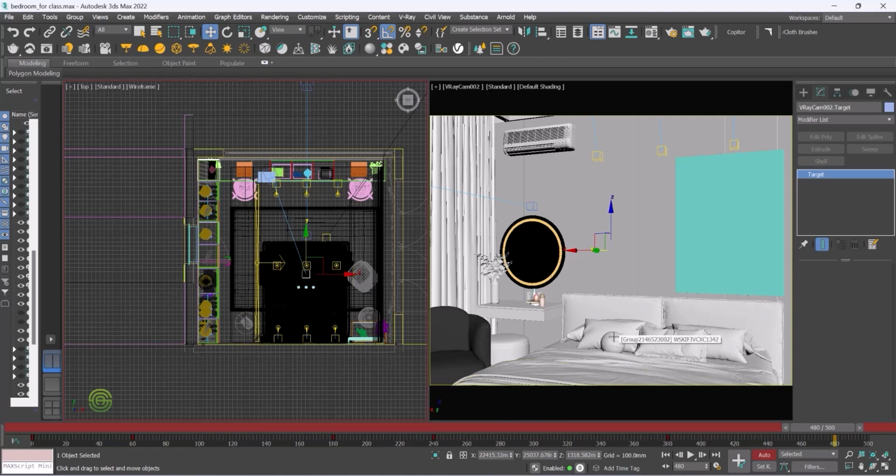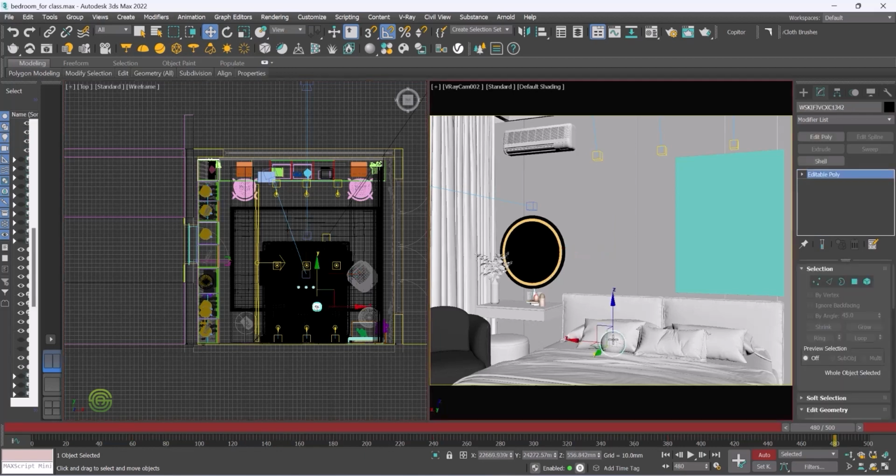And now select the ball and just move this. Select the ball and then just move this like this. Move it like this